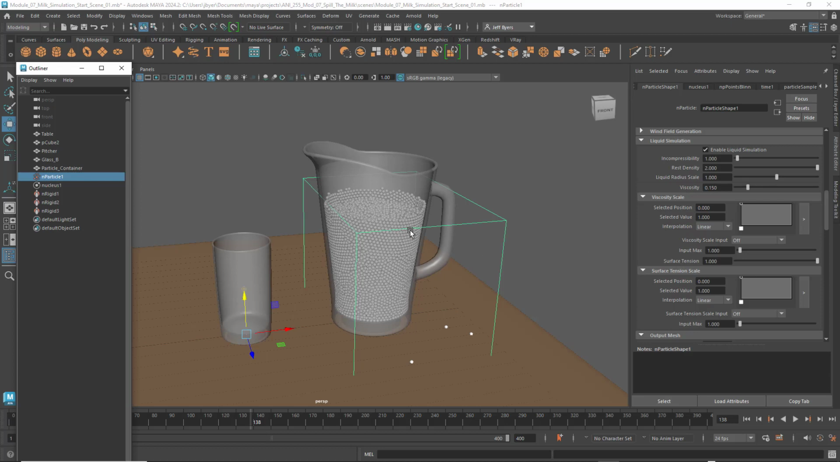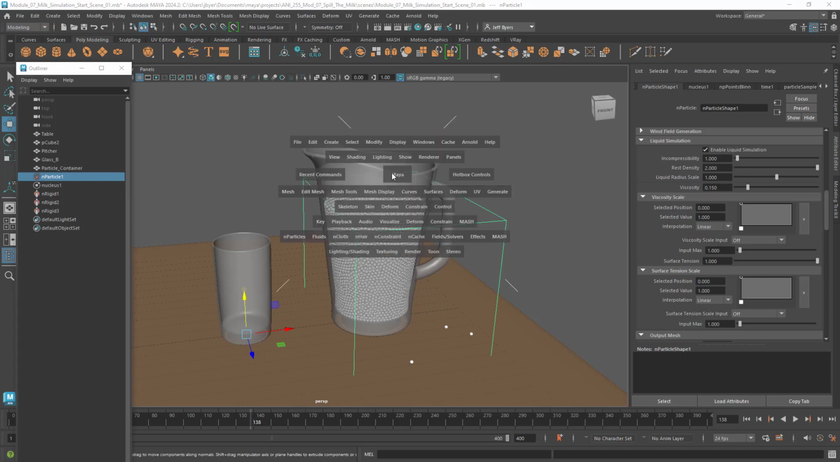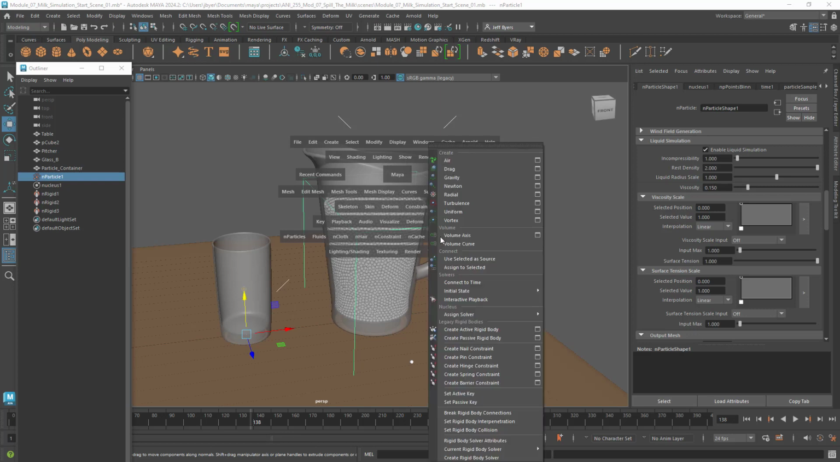So with this we want to create a set. So basically we don't want to have to simulate every time to get to this point. We want them to settle in the milk pitcher. Okay, so we're going to select the particles and we're going to set it the way it is right now. So I'm going to go to Fields and Solvers and go to set the initial state. So I'm going to go to initial state